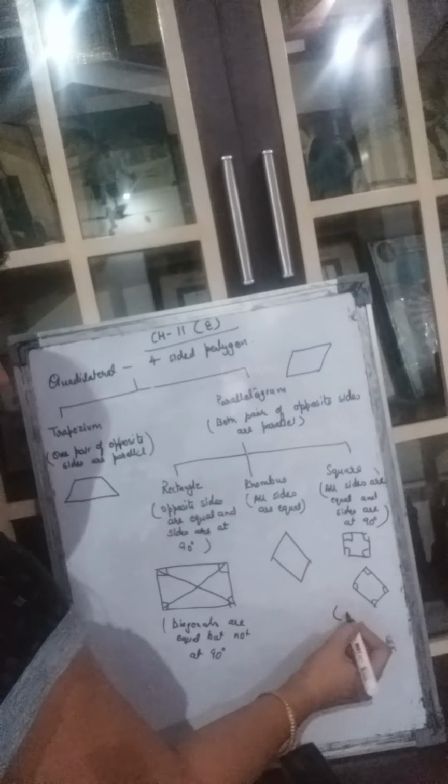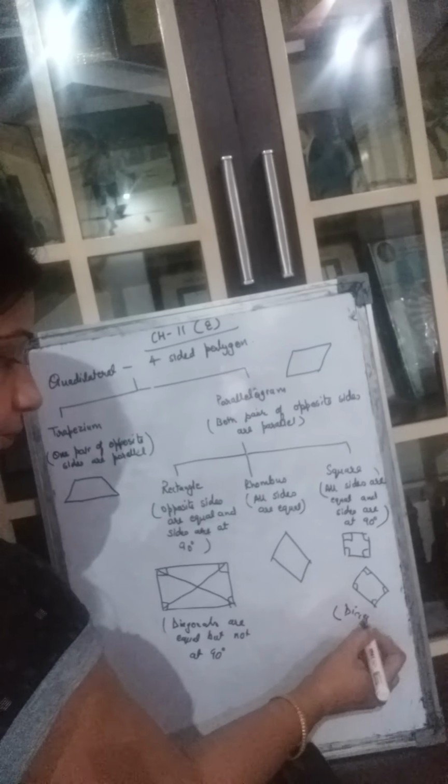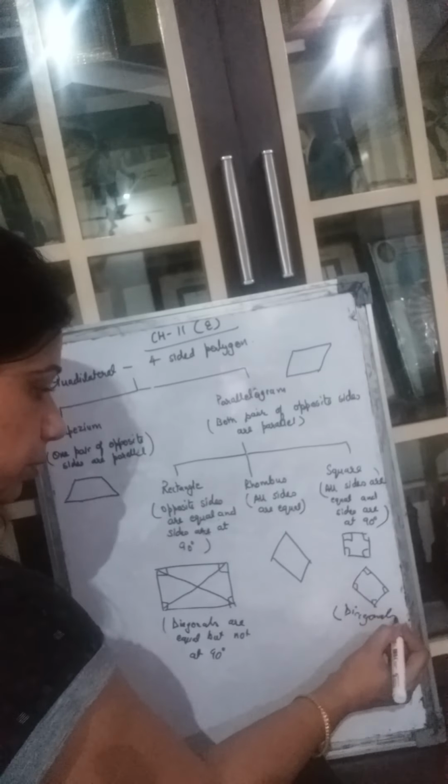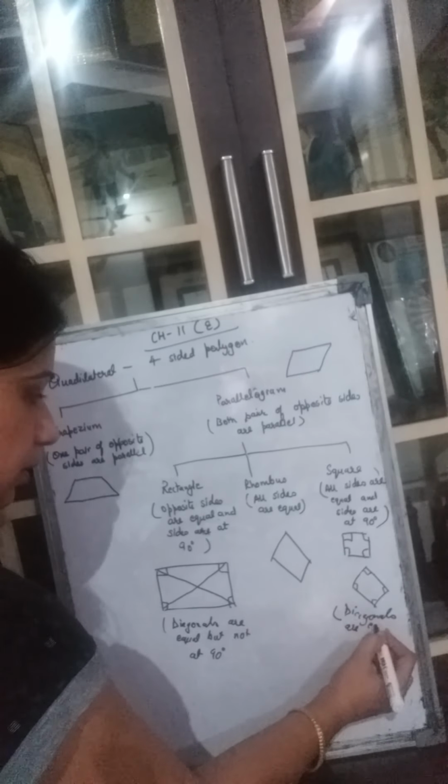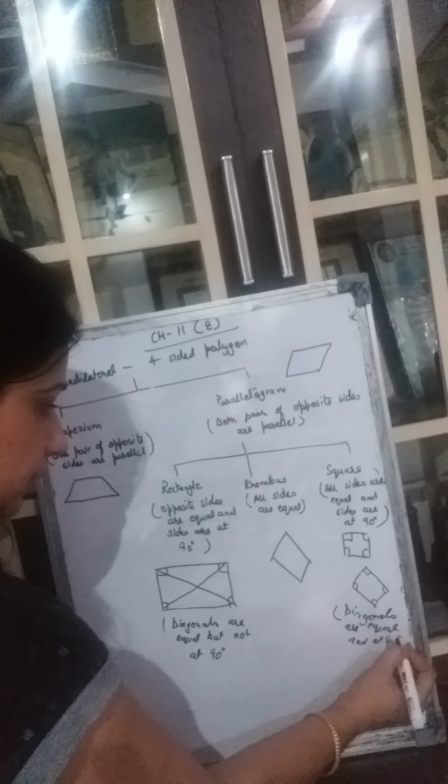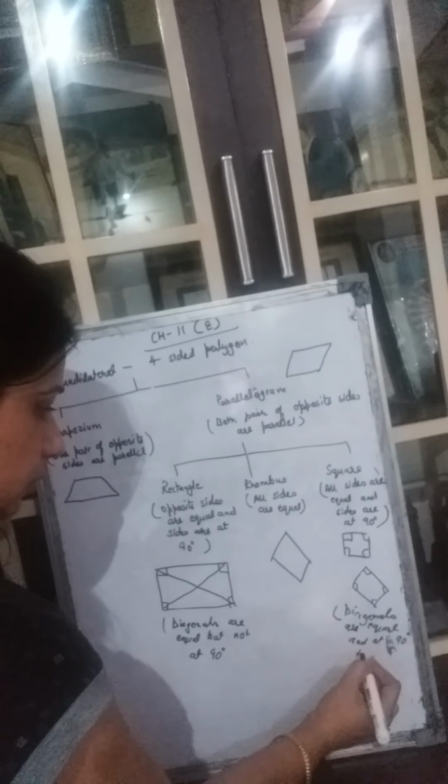It is true. The diagonals of a square are perpendicular to one another. Here in the square it has a property that the diagonals are equal also. You can write this as an additional property: diagonals are equal and at 90 degrees to each other. Right? So here this is true.